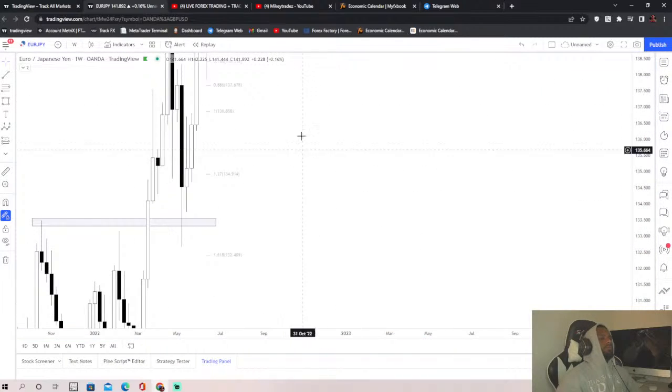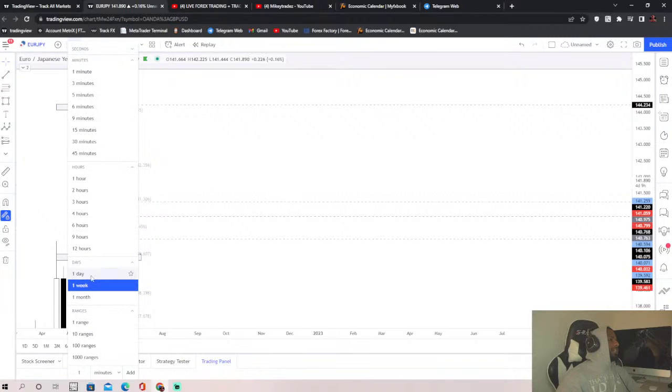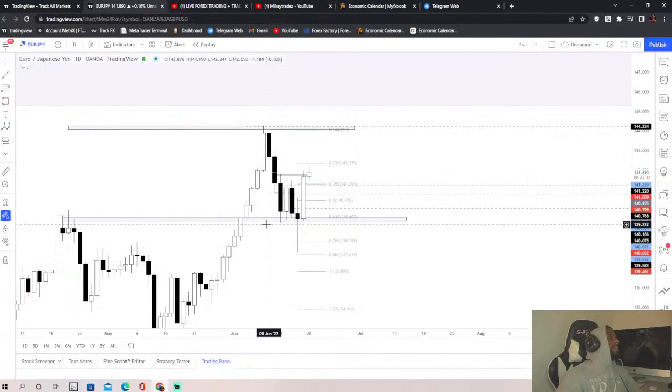So on the weekly time frame, we do have this huge institutional wick to 144 with a massive rejection. So we go on the daily, see some more price action. We see that EJ was actually extremely bullish for like 4 days in a row. We broke this key area of structure. We pretty much turned resistance to support, supply to demand, and then now we come to test a new area